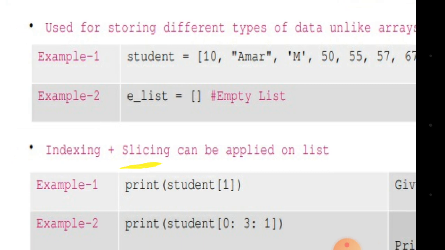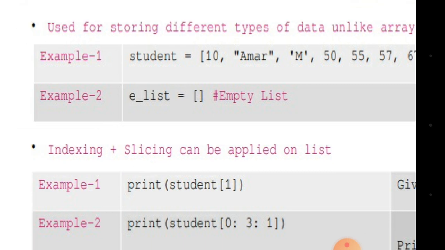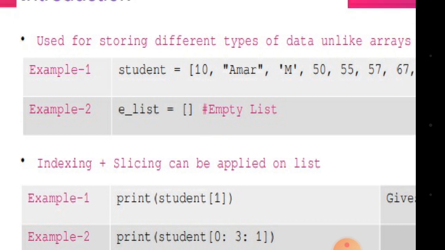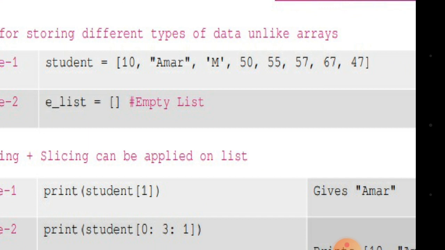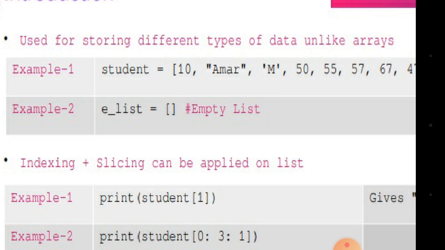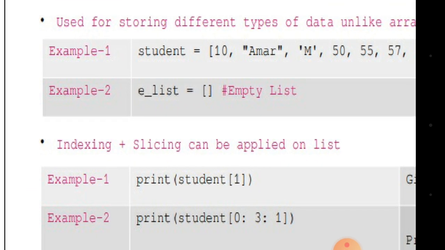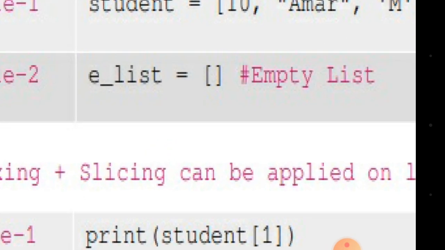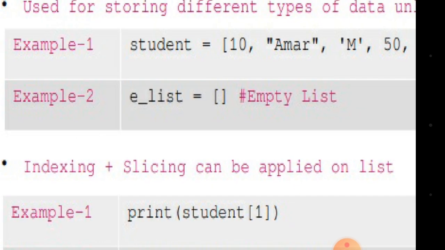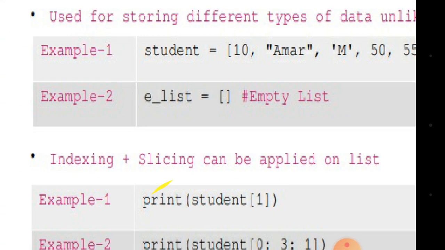Okay. In example 2, we can see how we create an empty list. Acha, one more difference between list and tuple. The list is created by using square brackets, while in the tuple we have to give round brackets. This is a very important difference while declaring lists and tuples. So how do we create an empty list? Simply define the list, e_list, any name you can give, equal to, that is the assignment operator, and just give empty square brackets. And with no element in that list, it is called an empty list.